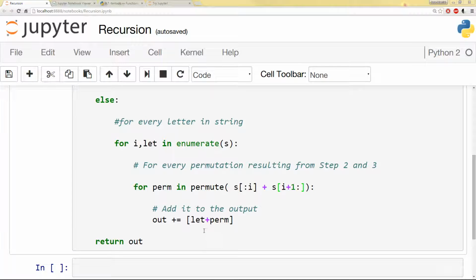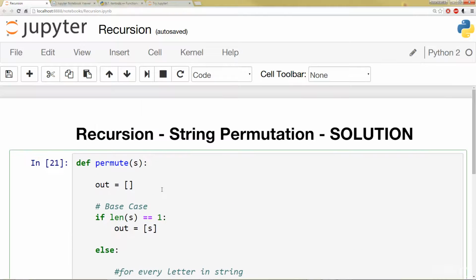So this is kind of tricky to understand, so I'm going to break it down a little further. Look at what I'm doing here. I'm grabbing everything up to that index and attaching it to that index plus 1 all the way to the end. And so what that will do when I pass it into permutation, if we go back to